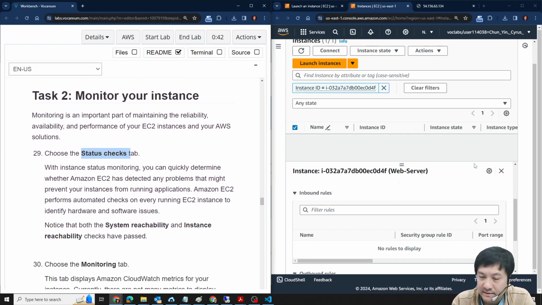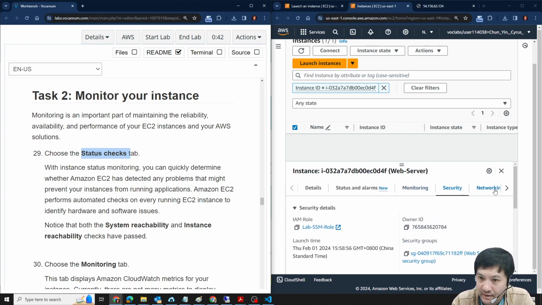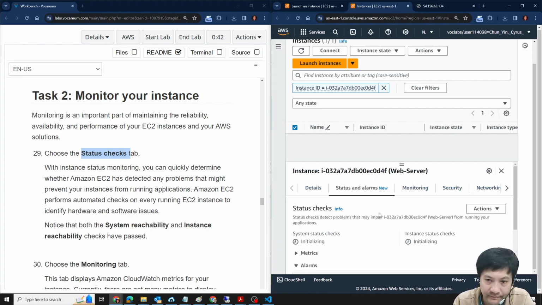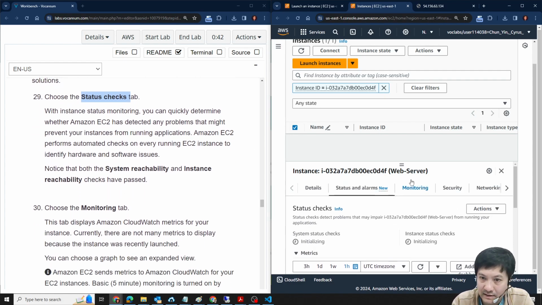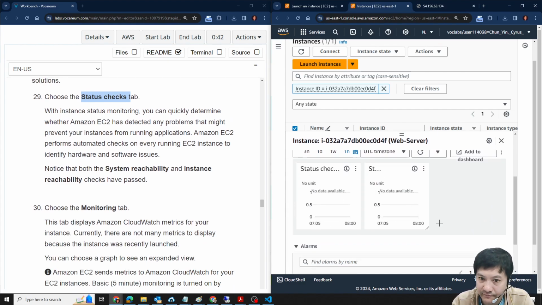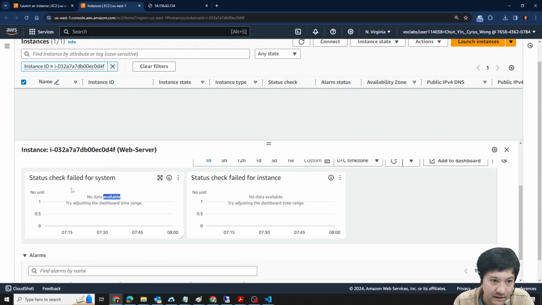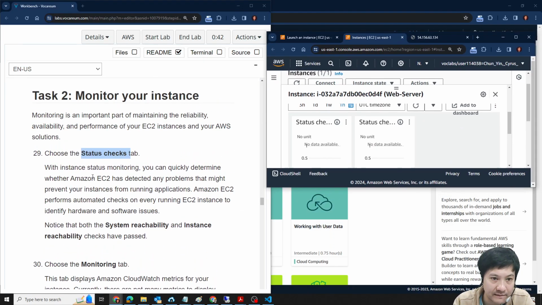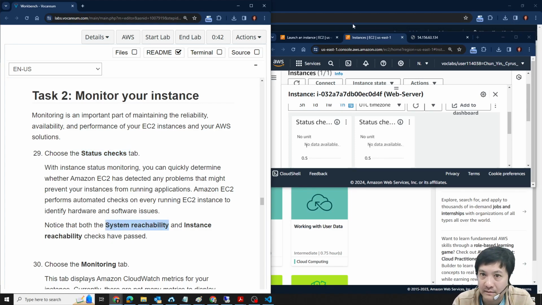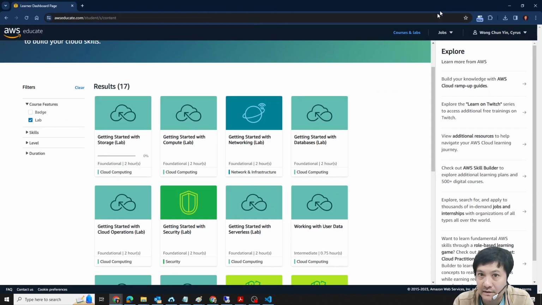Let's monitor the server. Go to check status, and here, status and alarm and metric. 嗱，咁我哋開咗佢啦，status alarm metric 啦，咁你可以睇到啦。You see that you will get some statistics here, for example. But full screen is better. You see the health check here fails for the system. It doesn't have information. 因為已經未有。System status check, instance status check, 咁未 pass 到啊，而家仲係。We really need to